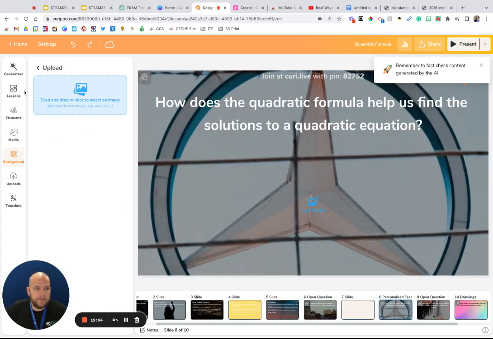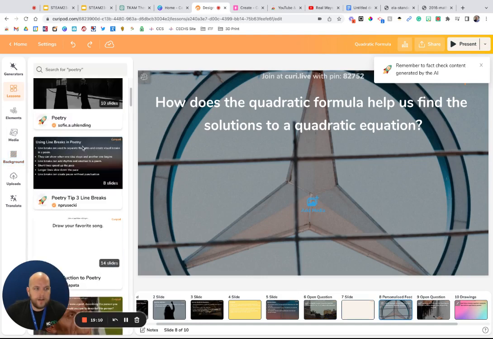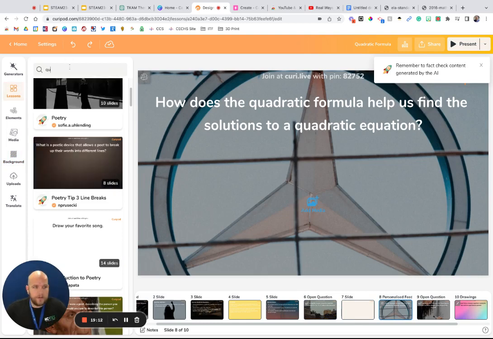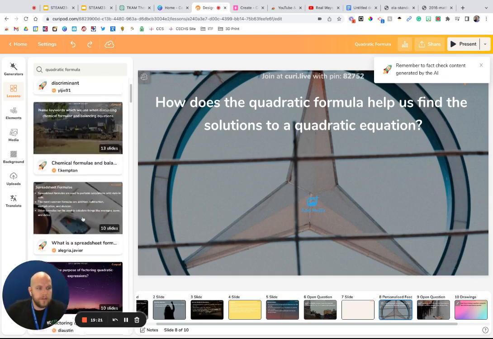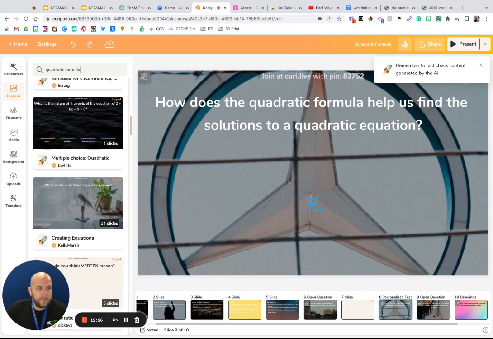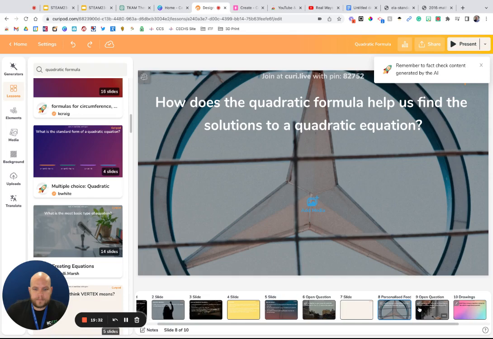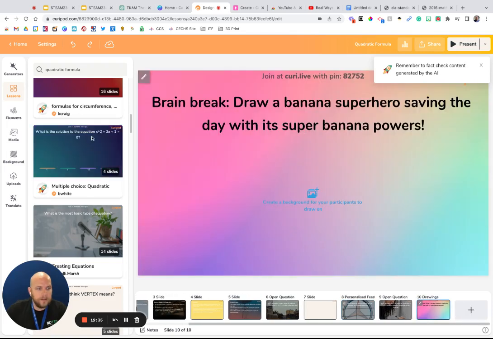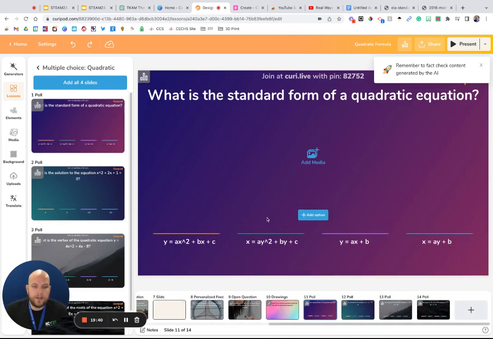You can do this with various types. There are also other ones that you can look for. You can search. If I wanted to search quadratic formula, let's see if there's any in here. It just depends on whether anybody's made it. So nothing that's that specific. Say I like this one. I go to the very end, and I want to add all 4 of those slides. I can add those slides to it. So I can build my presentation as I go, and these are ones that have already been made.